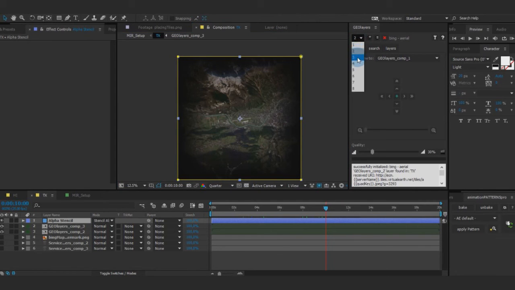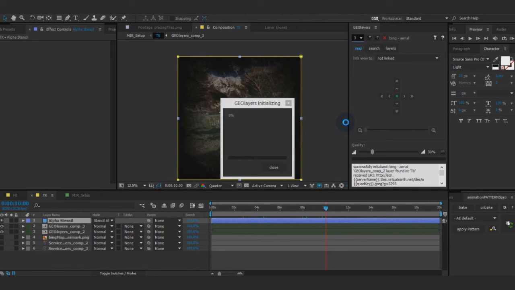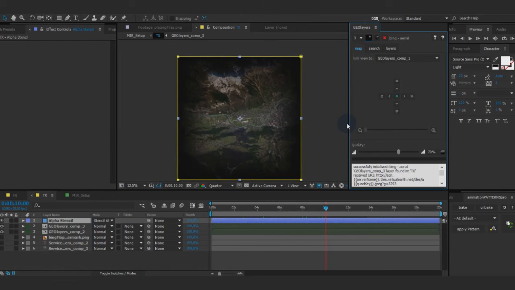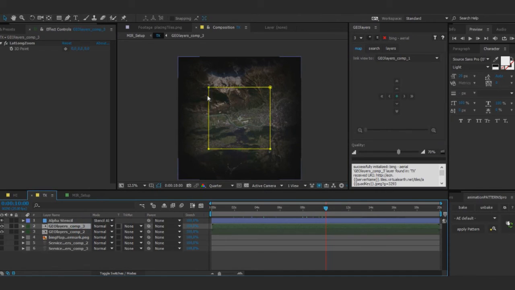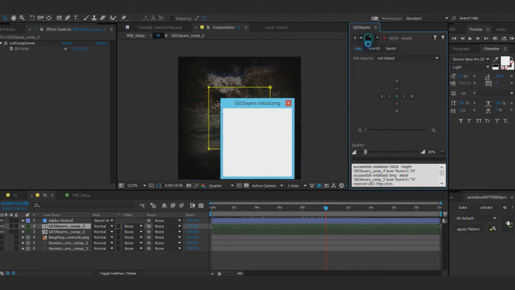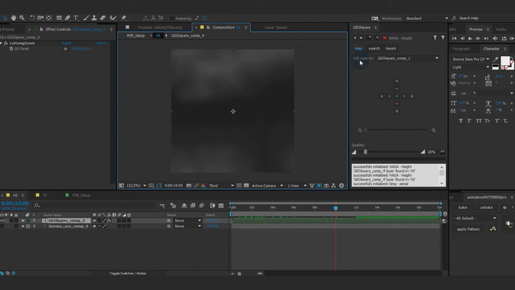When I go to my layer 3, there you go, this has 70% because this one is the more detailed texture. And when I go to my layer 4, reveal it, there we go, this is only 20% of finalization quality. There's no need that the height map is so detailed, right? So this can save you a lot of time because right now you can just